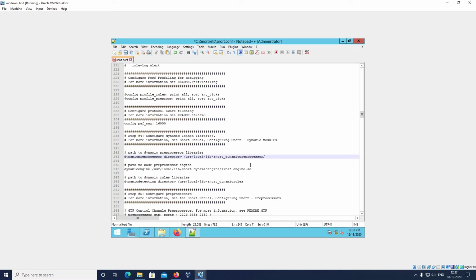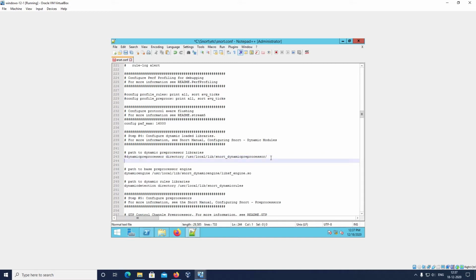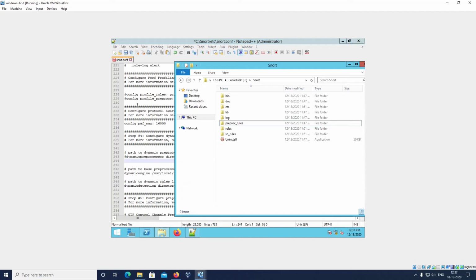In this dynamic preprocessor we have to comment out the first line, and we will add the other lines which are provided to you in the folder.